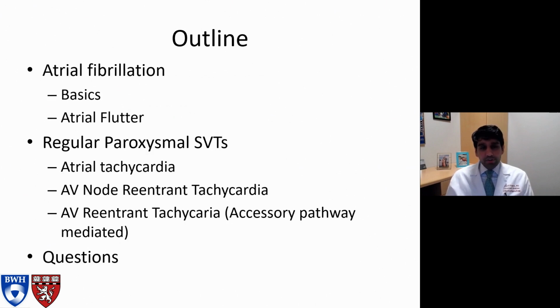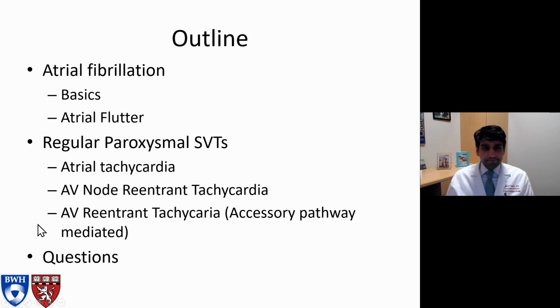Now, if you think about it, the most common SVT is actually atrial fibrillation, something that we clinically deal with all the time. We oftentimes keep it separate from the term SVT because it is such a major clinical issue. But pathophysiologically, it really is just an irregular supraventricular tachycardia. We'll spend most of our time talking about the basics of atrial fibrillation and then talk about one of its brothers or cousins, atrial flutter. We'll spend a little time at the end talking about what we classically call SVTs, but are probably better described as regular paroxysmal supraventricular tachycardias, including the three major mechanisms that we